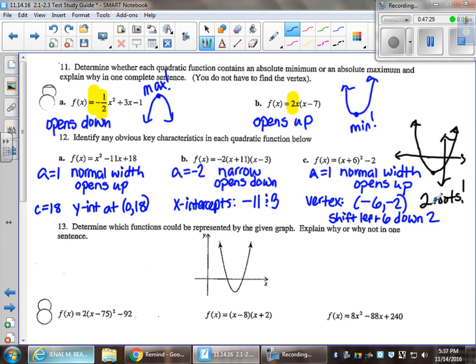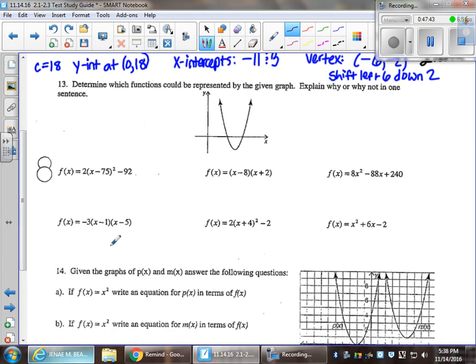Very cool. 13, determine which functions could be represented by the given graph. Explain why or why not in one sentence. So take a look at the graph. Here, I have a positive A. And I know the vertex is 75, negative 92. So if I were to do a rough sketch,